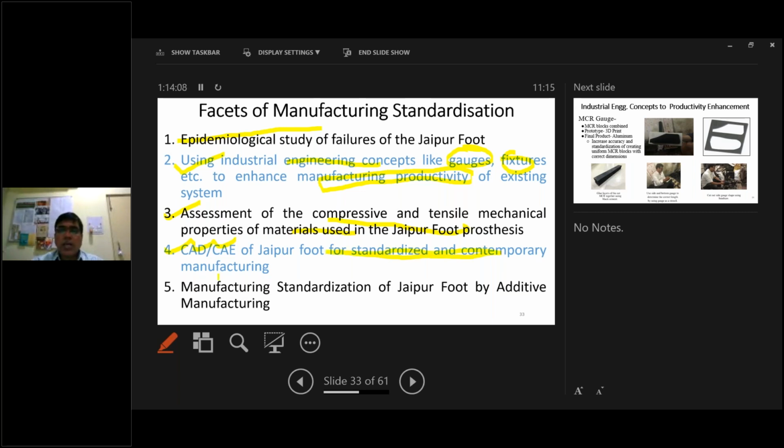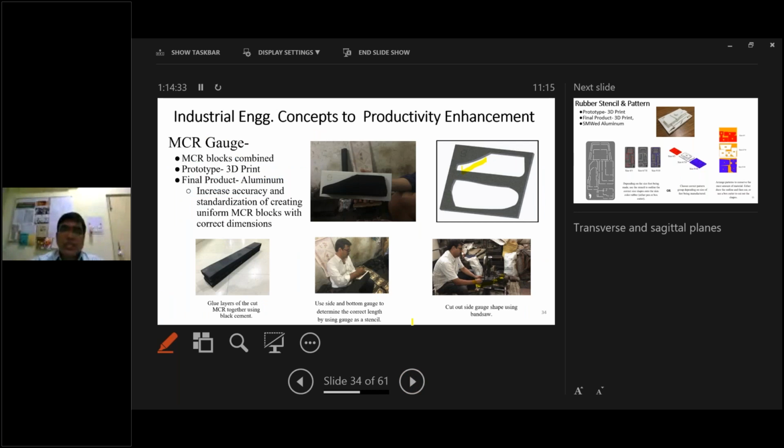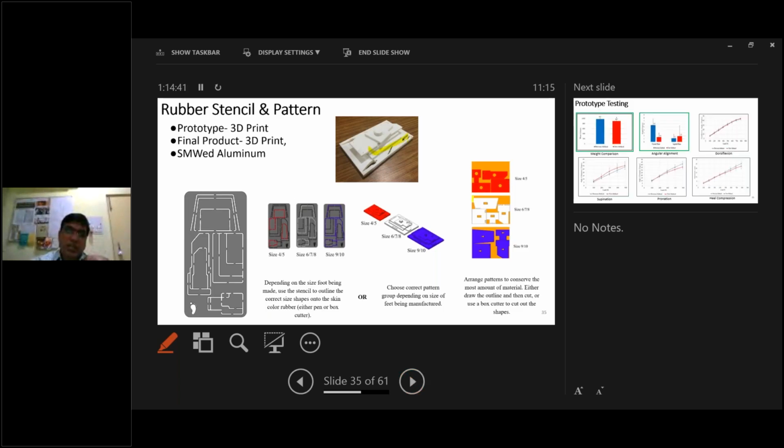So as Mr. Raj told me, these could be the areas. Okay. And this is the way somebody manufactures a Jaipur foot. What we gave them was some kind of stencils like this, so that life is easy and there is much more standardization so that failure is minimized. Lots of stencils were made and printed by additive manufacturing. These stencils were printed by FDM technology. So lots of 3D printed parts, or if you want more, you can make them out of